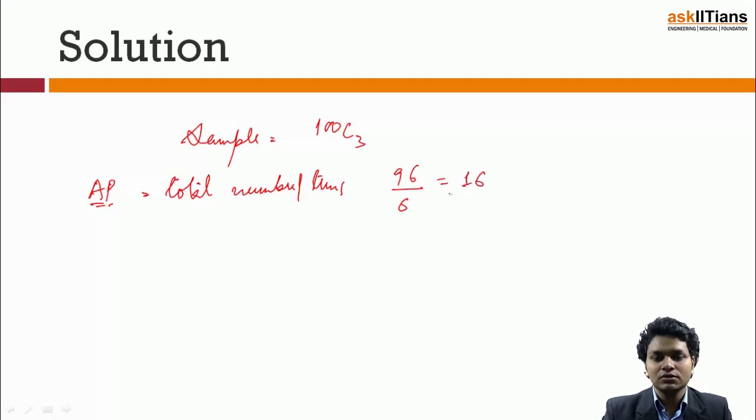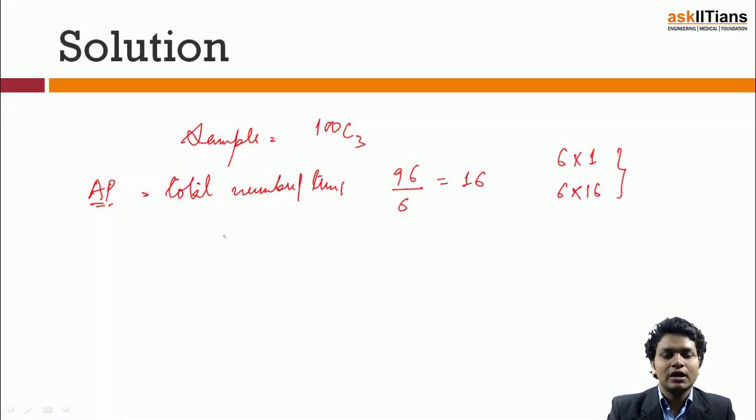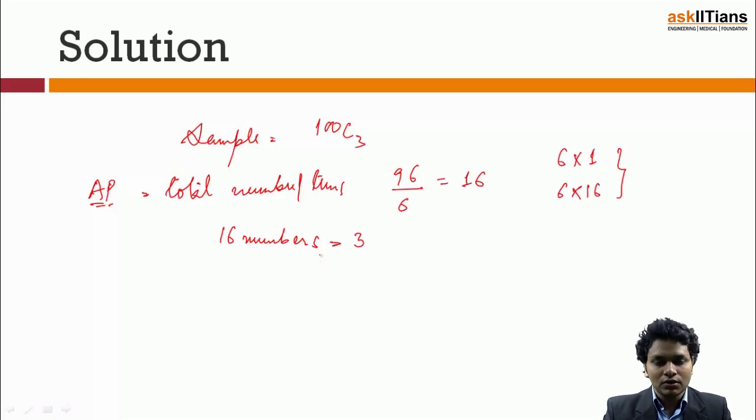16. So which means, as the numbers start from 6, I am taking the multiples of 6, 1 time to 6, 16 times, which means there are in totality 16 numbers, out of which I need to choose just 3. So the number of possible ways of combination of that is 16C3. That is the